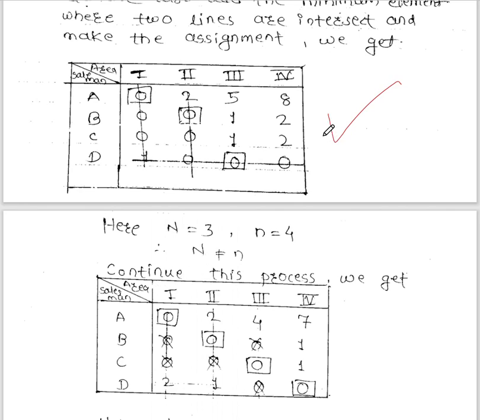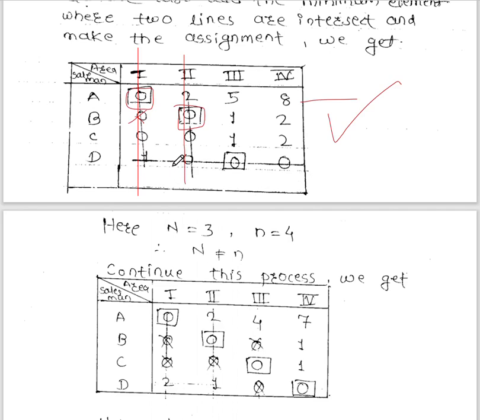First we will go row wise. There is a 0 at cell 1 1, so we can make a 0 assignment and cross the first column. In the second row there is a 0 at cell 2 2. Okay, here is 0 but this is already crossed, so you can make your 0 assignment and cross the second column. In the third row there is a 0 but that is already crossed. In the fourth row there are two 0s, this 0 and this 0, so we cannot make a 0 assignment here, therefore we will skip this step.